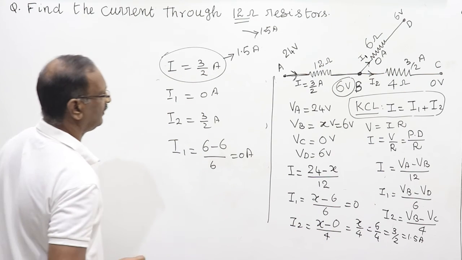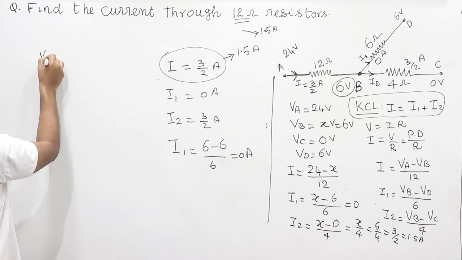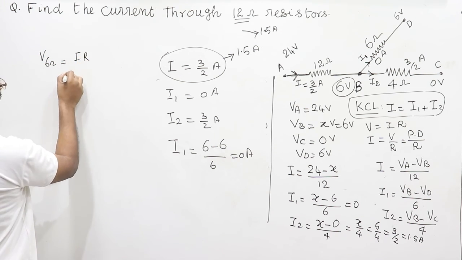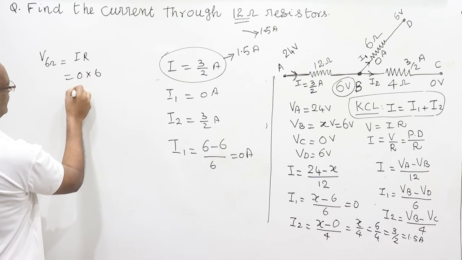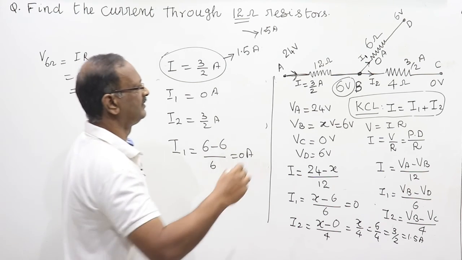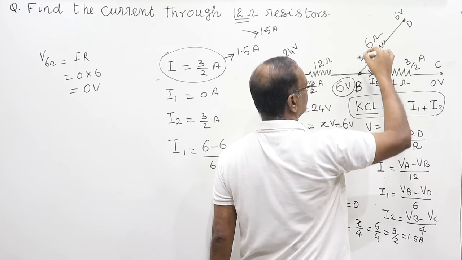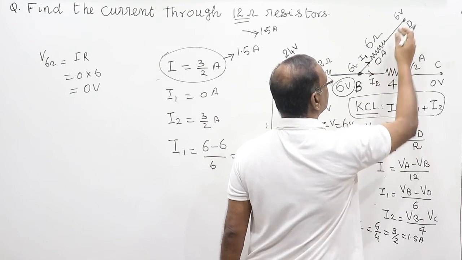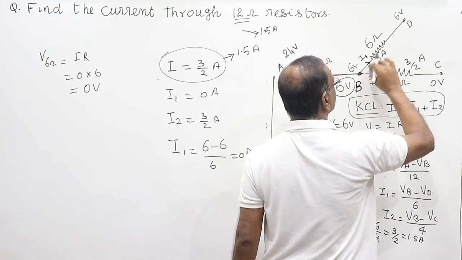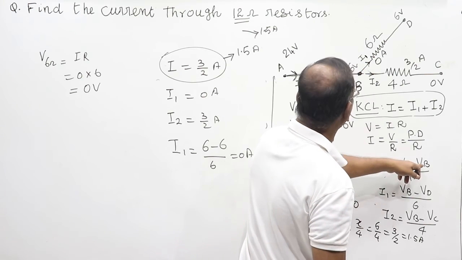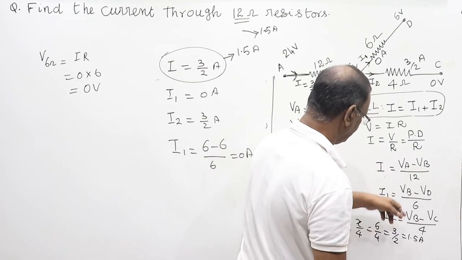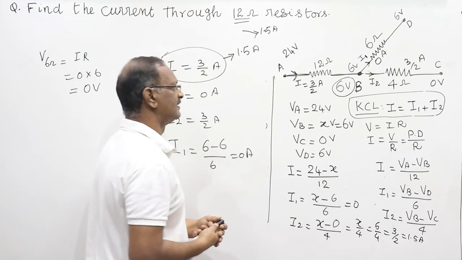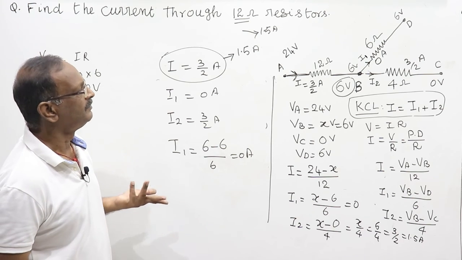So this is the way we find the potential drop across the 6 ohm resistor. V is equal to I into R. I is equal to 0 and R is equal to 6. It means 0 volt. The potential across this one is equal to the potential drop across this, because this is also 6 volt at this point, here also 6 volt. It means both are at the same potential. It means this is an equipotential surface. Here also VB minus VD is equal to 0. It means no potential is dropping across this resistor, because the current flowing is equal to 0.